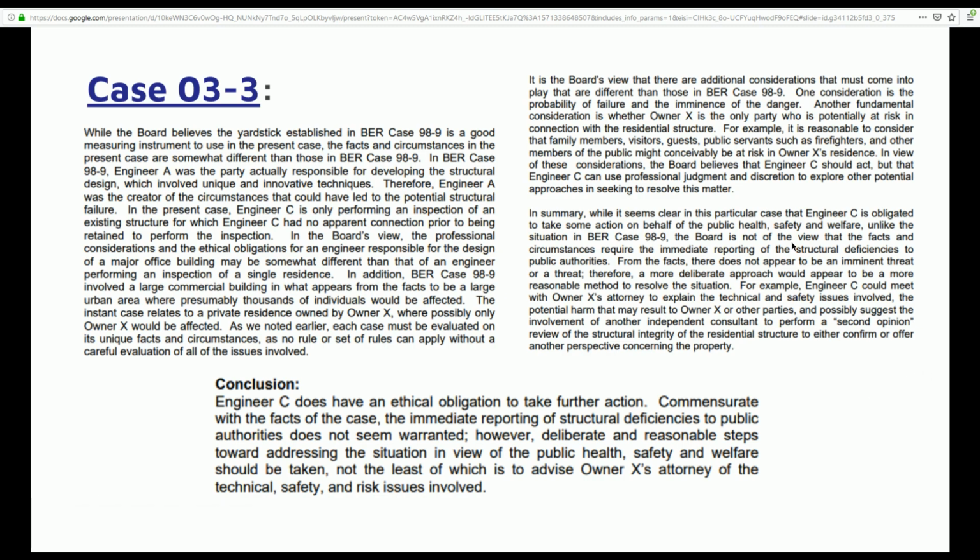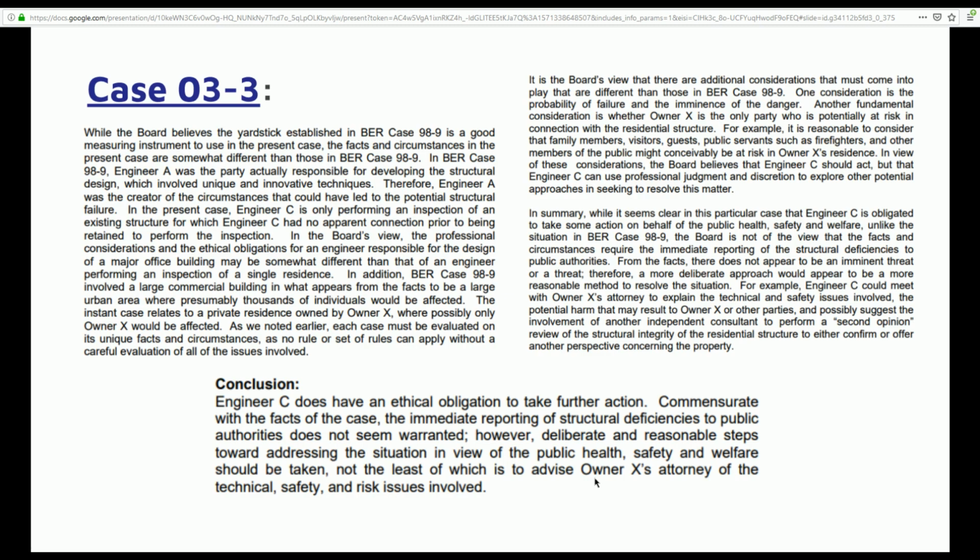The board decides that Engineer C does have an obligation to take further action, but it doesn't seem like the situation requires the engineer to go to public authorities or to the police or regulators. In other words, to bring more legal attention to the issue. If it were a public situation, if the engineer were more directly responsible for those deficient plans, then maybe the engineer does have an obligation to fix those plans. But in this case, the engineer